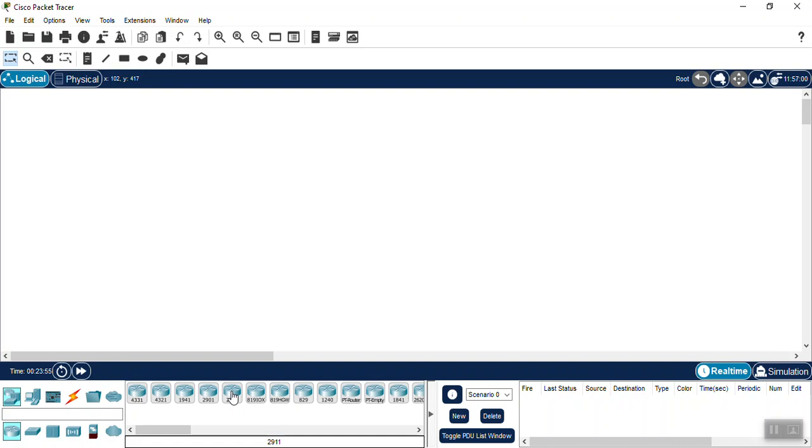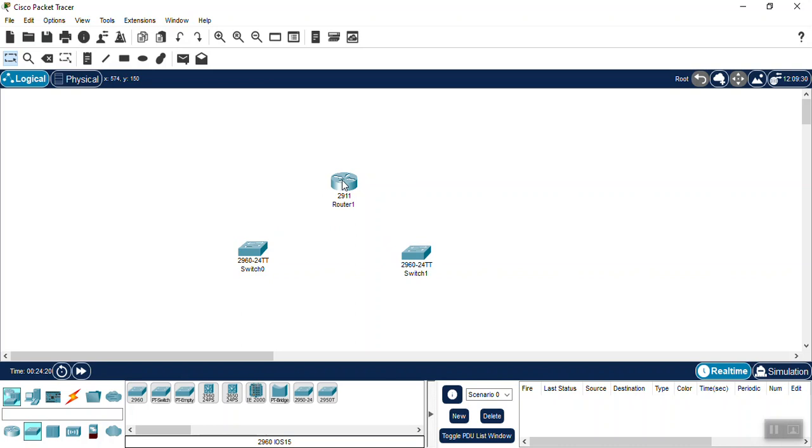The simple way is to drag and drop the device on the workspace. So we will drag a 2911 router, as we need one router. Then we will click on the icon for the switches, and then click on 2960, and drag and drop it on the workspace, or you can just click here and then click on the workspace.